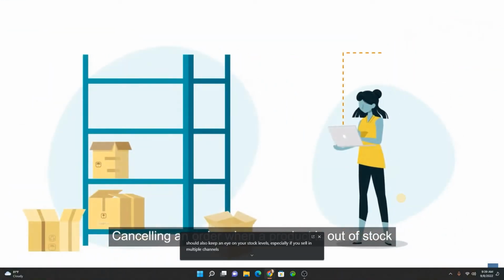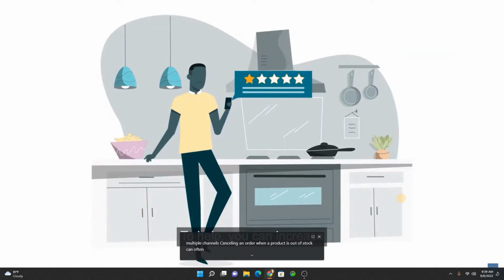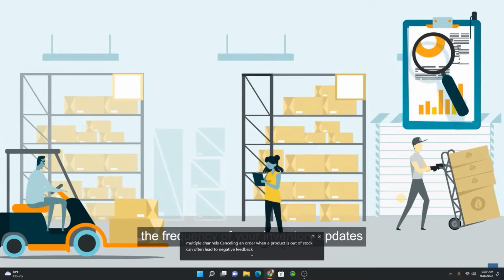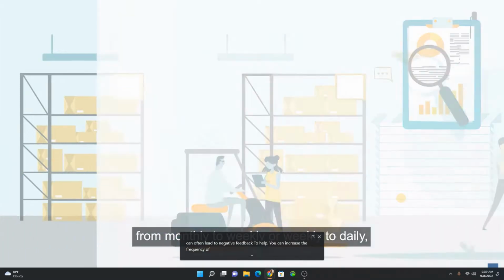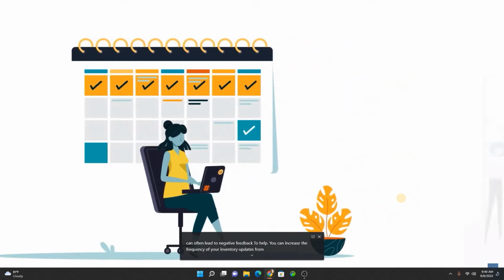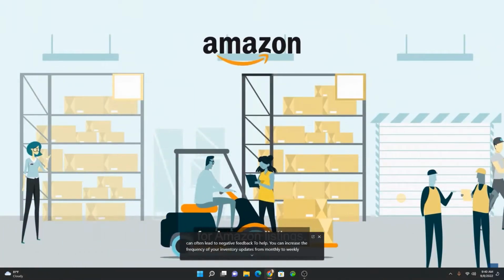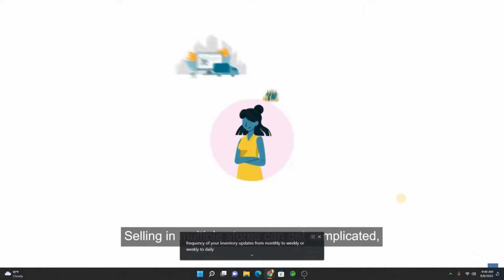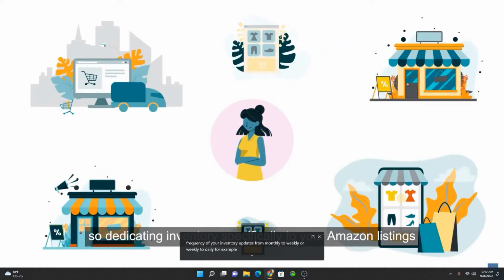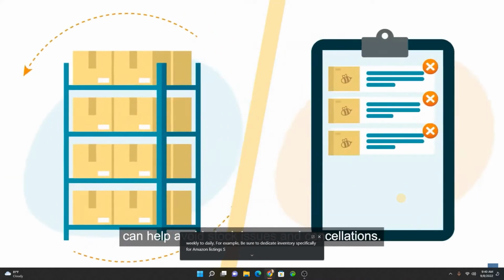Canceling an order when a product is out of stock can often lead to negative feedback. To help, you can increase the frequency of your inventory updates from monthly to weekly or weekly to daily, for example. Be sure to dedicate inventory specifically for Amazon listings. Selling in multiple stores can get complicated, so dedicating inventory specifically to your Amazon listings can help avoid stock issues and